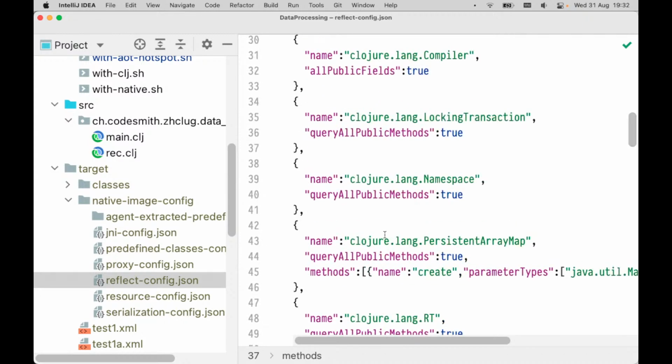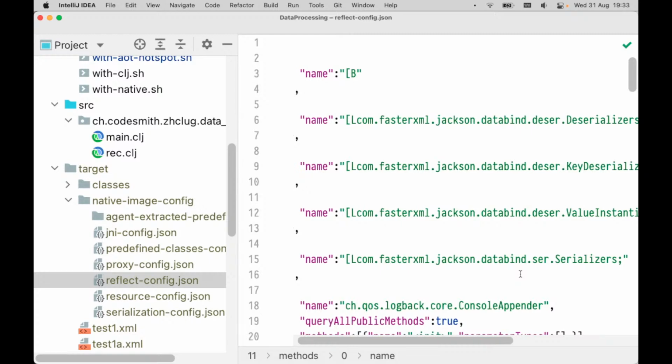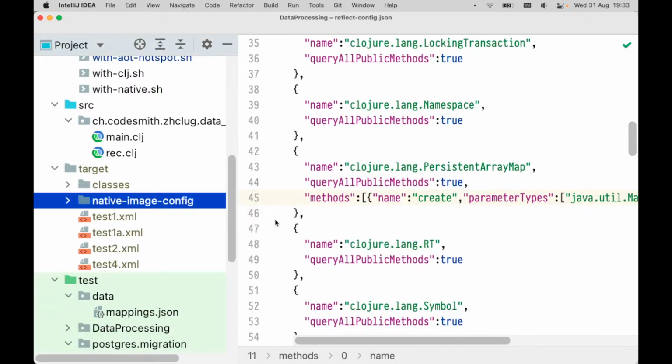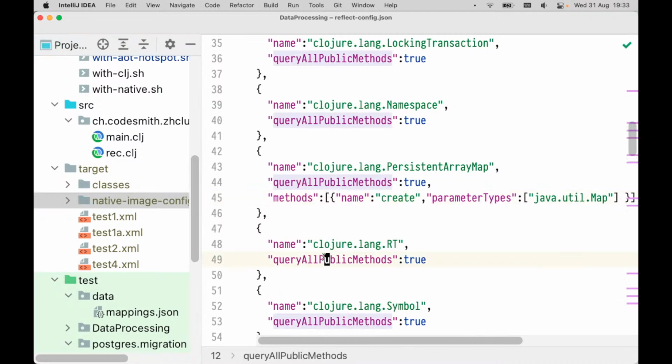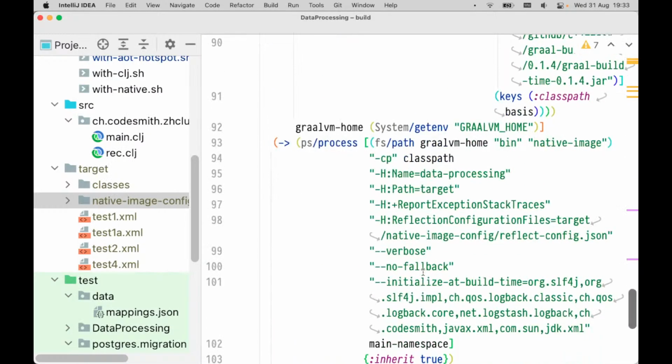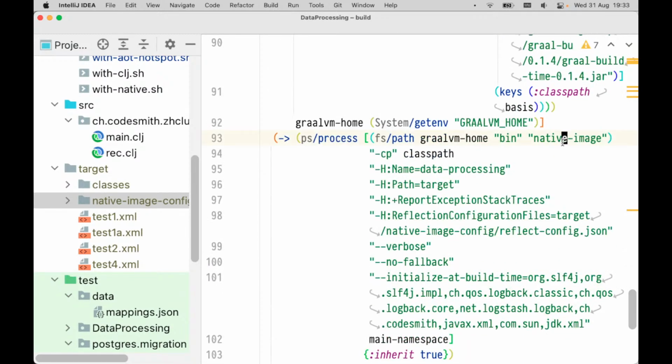So for instance, from this class, we will call this method via reflection. And so the tool should bake this in so that the reflection call succeeds. You don't have a lot of things to do, but you have to make sure that everything gets run through. And now when this is done, we can use the tool to compile with the native